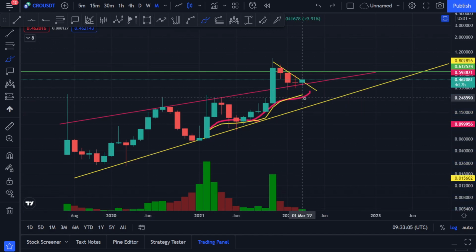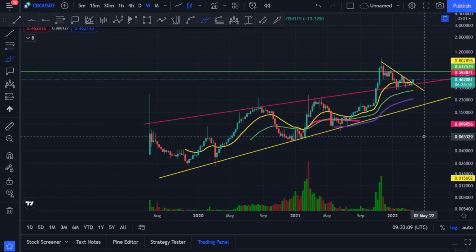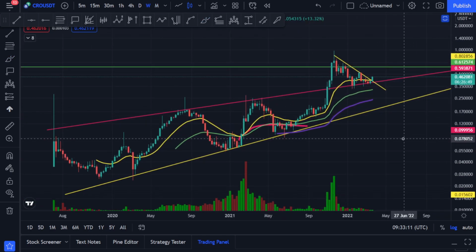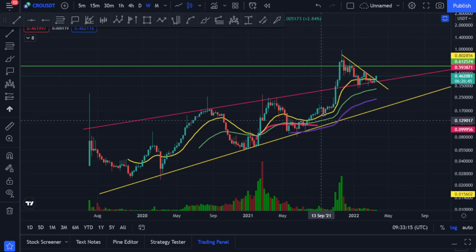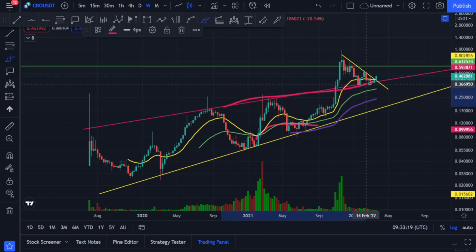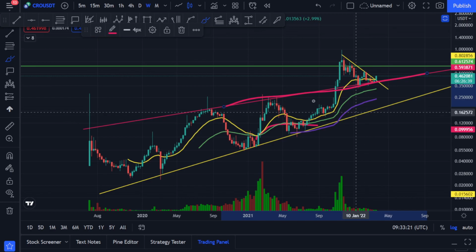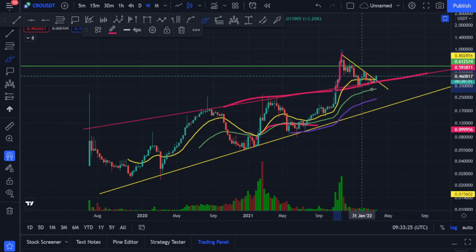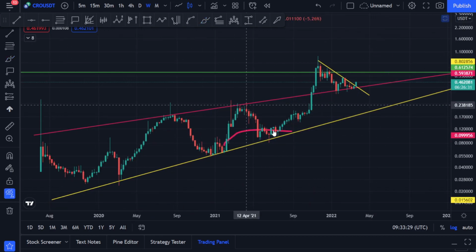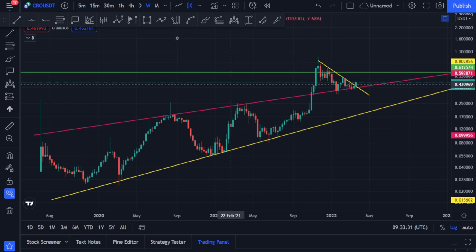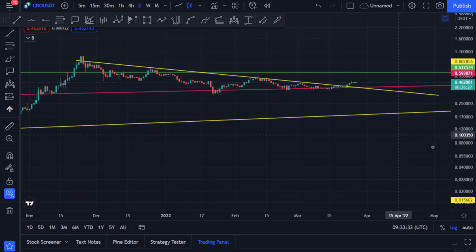Now, if you go to the weekly time frame, you can see things a little bit better. In the weekly time frame, you can see this movement of CROCOIN. It's been like that, and we broke this resistance. This was a huge move that CROCOIN did, and then we had a lot of momentum pick up towards the upside. Now, if you just take off the moving averages, take this drawing off, go to the daily time frame,